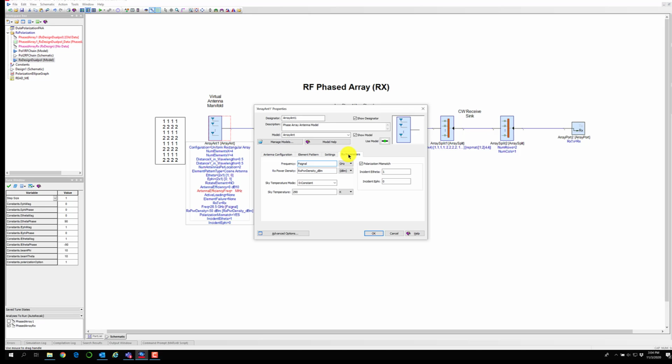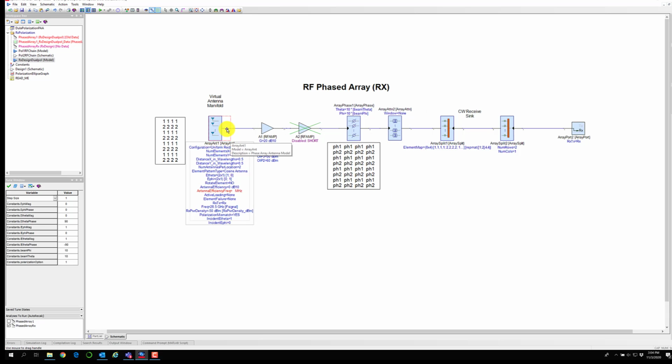When an incoming wave comes, we should define the polarization of the incoming wave as well, so that the antenna will be able to react to it. We chose the incoming wave to have only E theta polarization in this case, no E phi. All right, so we got 32 outputs coming out of the antennas, and these 32 will go through 32 amplifiers and 32 phase shifters.